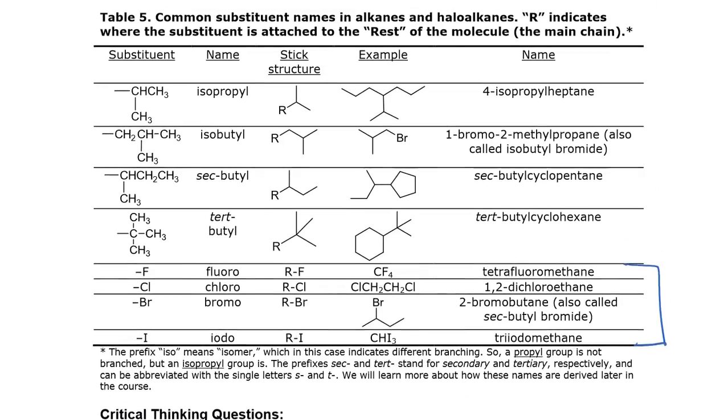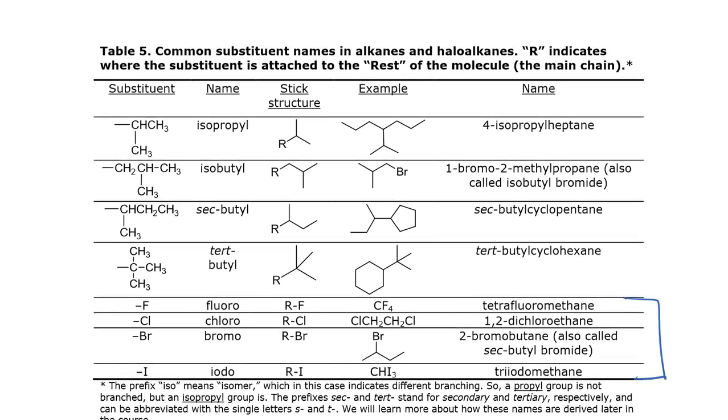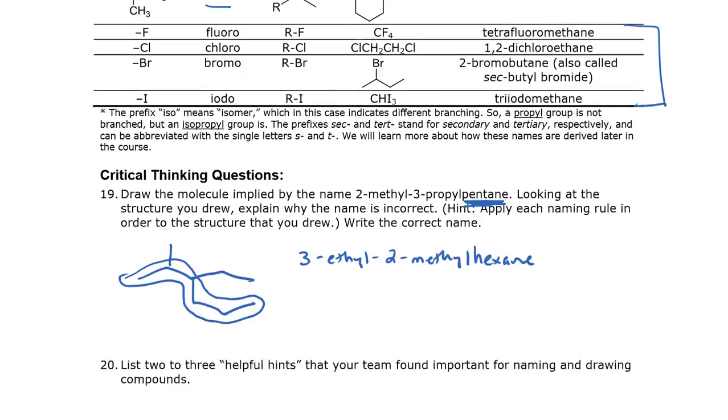And these substituent names are things you should memorize. Now I realize that's a lot, so I'm going to be honest with you and tell you the ones that come up more commonly are the isopropyl and the tertiary butyl, which we sometimes just say tert-butyl. The isobutyl, the sec-butyl or secondary butyl don't come up nearly as commonly, so if you're having trouble memorizing all of them, get those first.